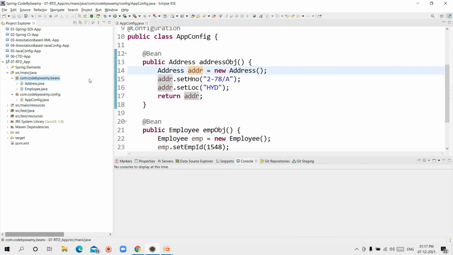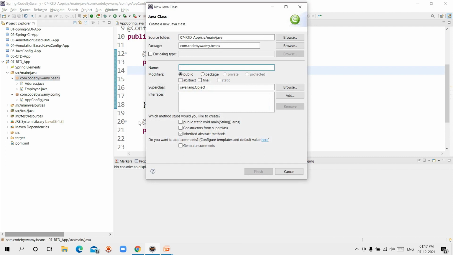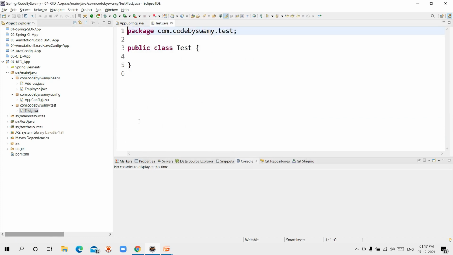This time I am writing a test class to test the application by creating the IOC container. Test, I am writing the main method.